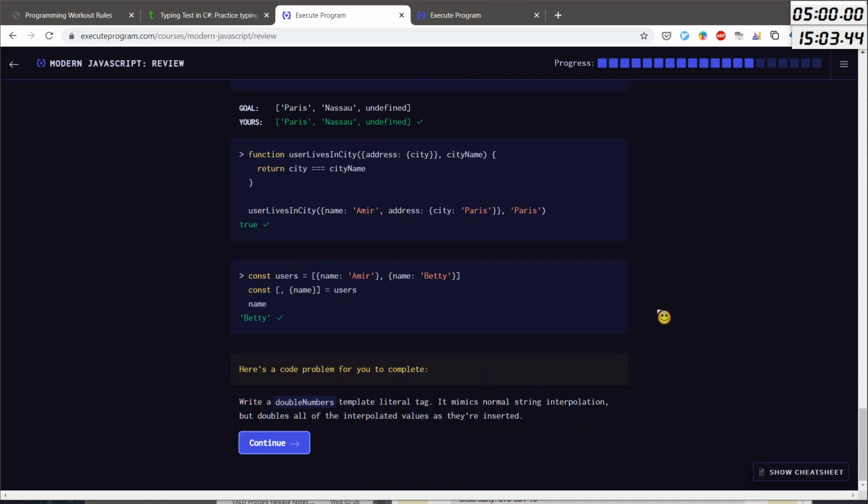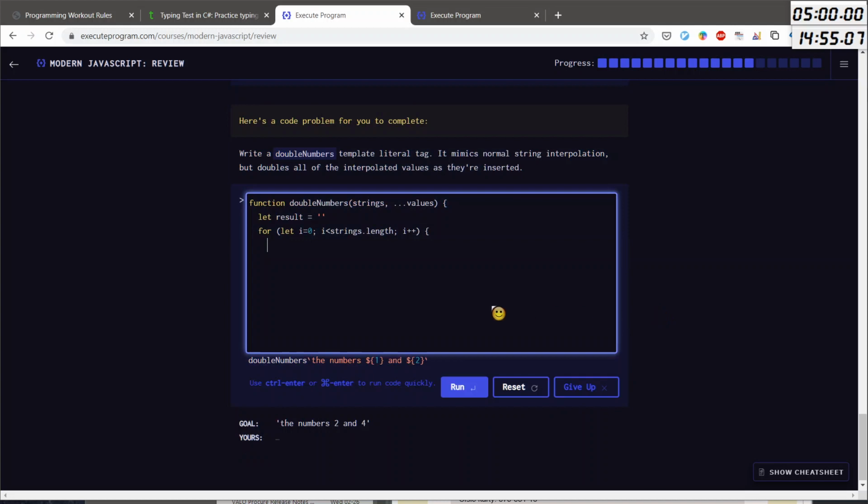Write a double numbers template literal tag. It mimics normal string interpolation, but doubles all of the interpolated values as they are inserted. Sure, no problem. So we have a result, and that's the thing we will append, and we will double the numbers. So first of all, we will put in